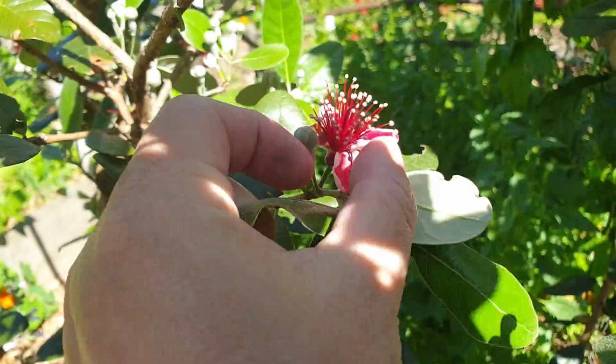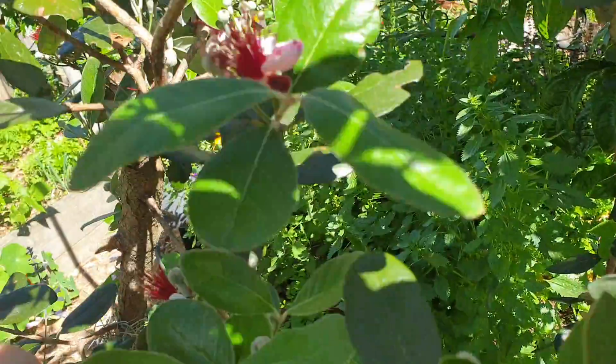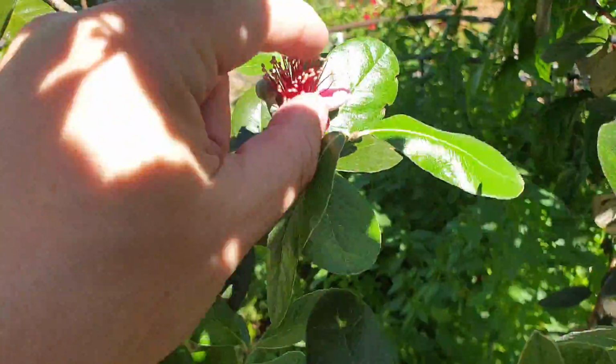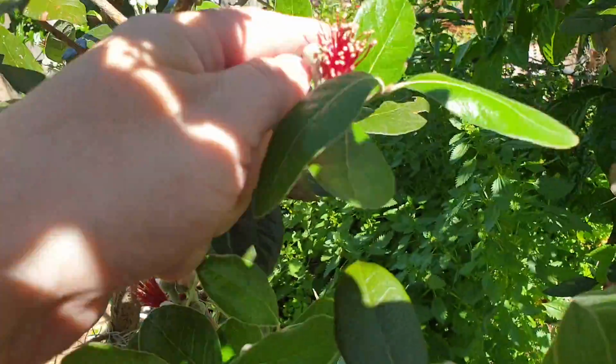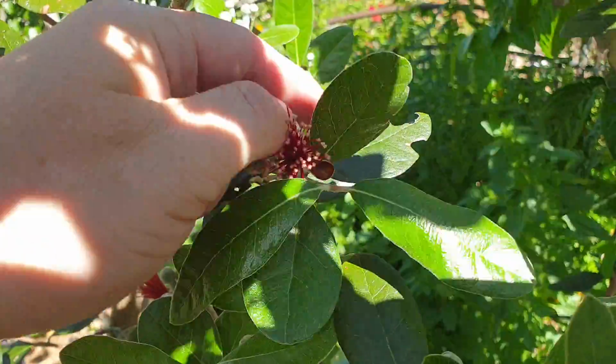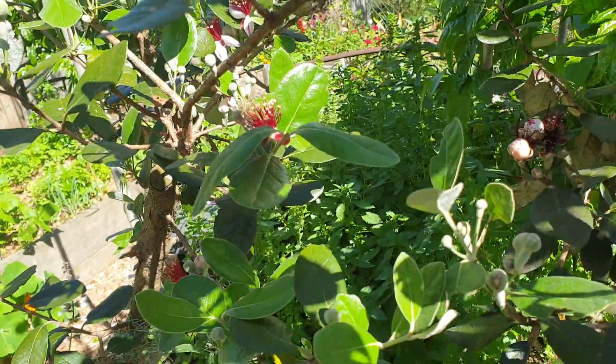I haven't seen many bees around this year, or birds and stuff. Usually we have a whole bunch of lorikeets or something chewing on these, and I haven't seen them around, mainly probably because of neighbour's cat, who knows. But